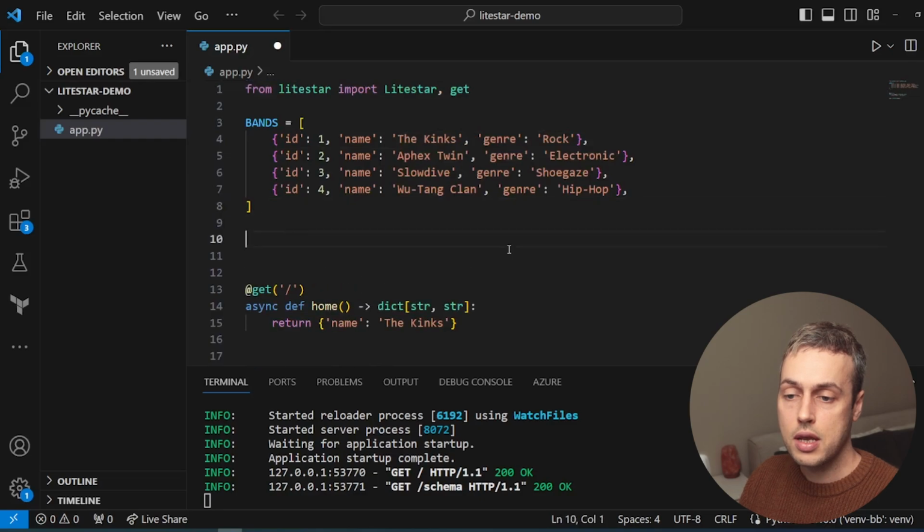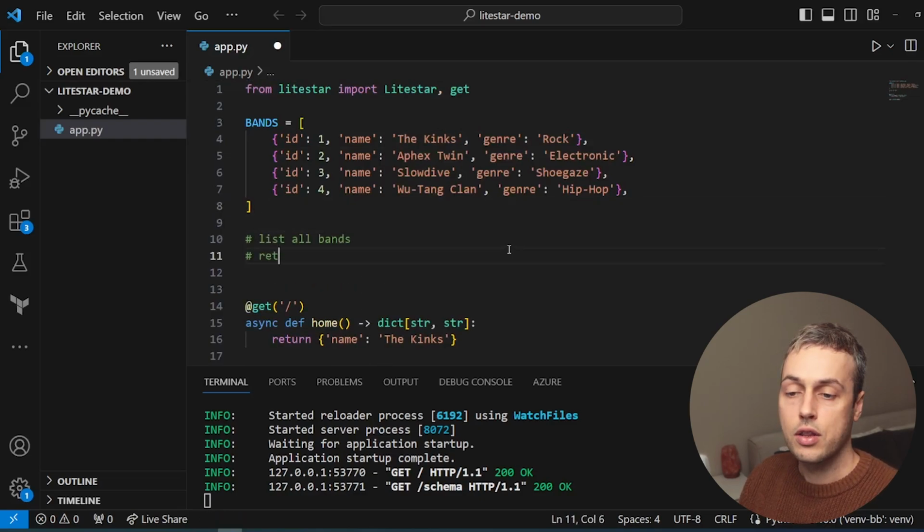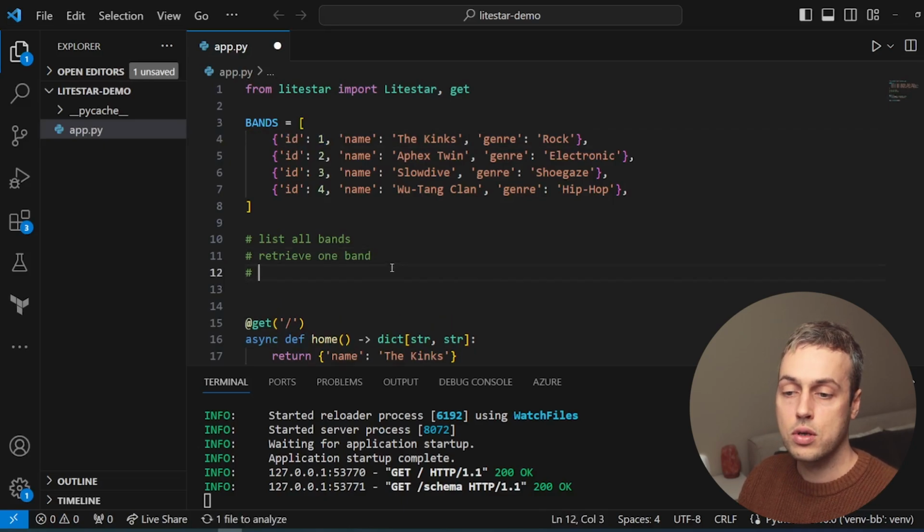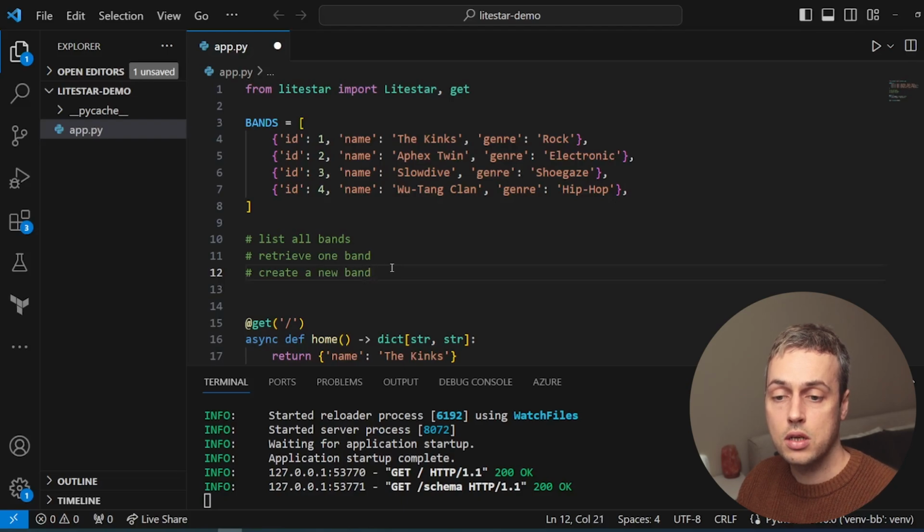Now we're going to create 3 endpoints, one to list all of the bands that we have in the database. Another endpoint is going to retrieve one band by its ID, and you can see the ID field in each of those dictionaries. And finally, we're also going to create a new band from one of these endpoints, and that's going to be done with a post request. So let's start with